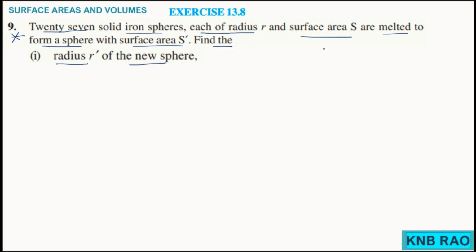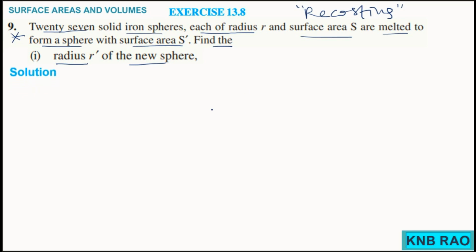You know, it is one way recasting. We call this recasting. Recasting is something where the form of one solid is converted into the form of the other solid. Here the volume of one solid is getting into the shape of the other, right? Here 27 solid iron spheres means the volume of 27 such iron spheres is melted and brought to the volume of the new one. So it is completely related to the volumes concept. Recasting is always related to the volumes concept.